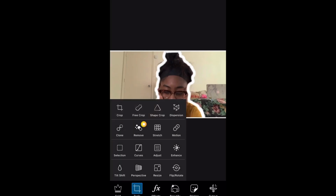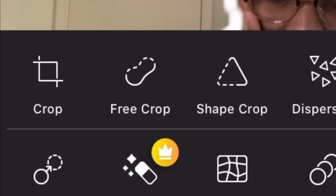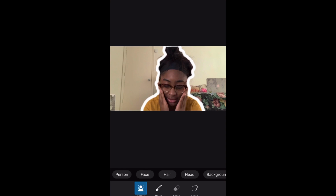Just fix this real quick because, like I said, y'all see that white line. Go to tools, all right? And I go to free crop. And I'm gonna hit person because it's gonna detect me. Now this is the part you gotta be careful. And I'm going to go and,